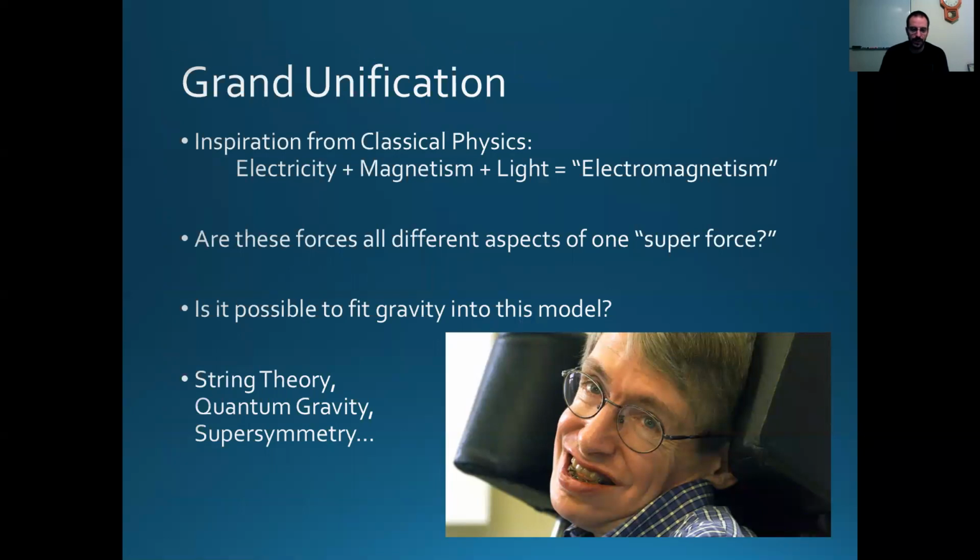So how do we fit gravity into this? So the inspiration from classical physics was that we had these two disparate phenomena called electricity and magnetism, and this thing called light. What we discover if you go a little bit beyond introductory physics is that all of these are actually manifestations of the same thing called electromagnetism. It also turns out that the electromagnetic force, the strong force, and the weak force are different aspects of a single, more unified force, although you have to go to very, very high energies in order to see that.